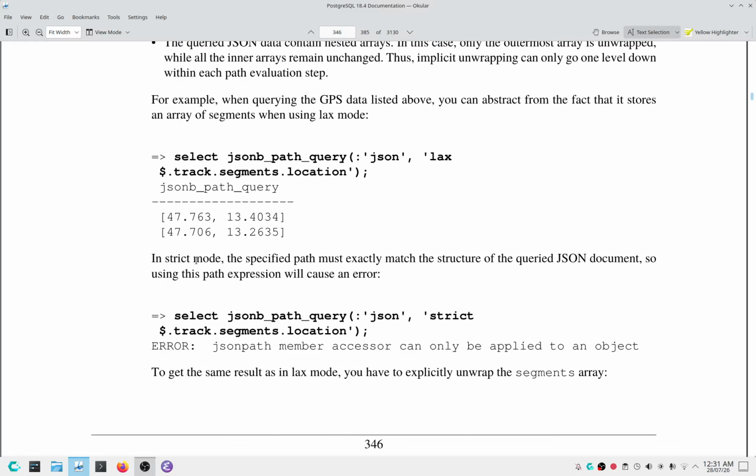In strict mode, the specified path must exactly match the structure of the